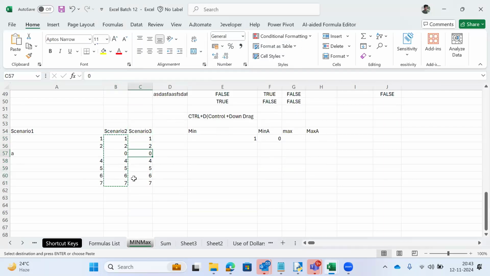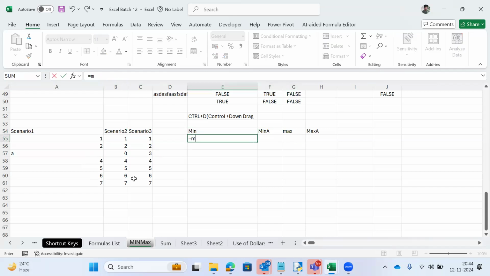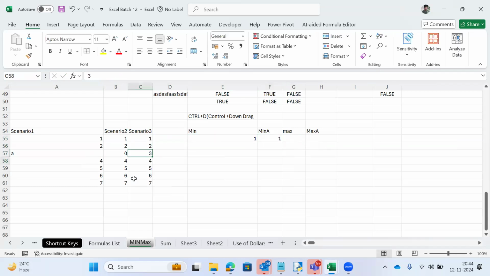Right now, I'm giving the number 3. Okay, this value is converted. Now here, if you select these two values, I'm giving the same value to both formulas. Now here, if you type,